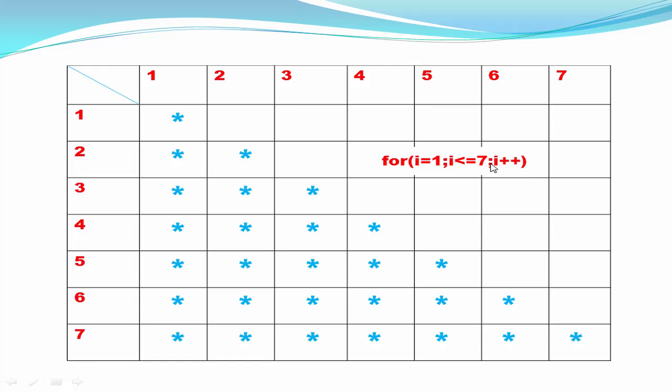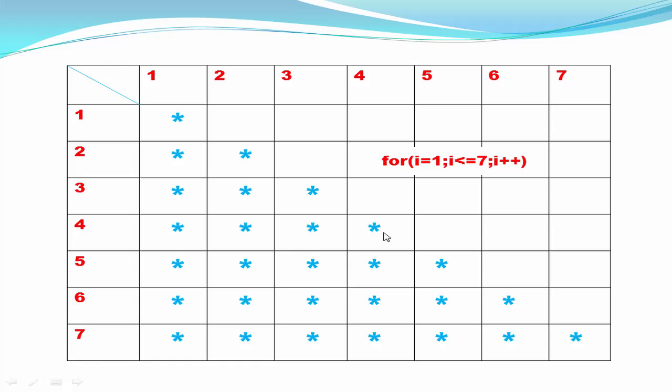The next thing that I tell you: here we print multiple stars in each row. In the second row we print 2 stars, in the third row we print 3 stars. Here 3 stars are printed in 3 different columns. This is the first column, this is the second column and this is the third column. Fourth row prints 4 stars and the 4 stars are in 4 different columns. This is the first column, this is the second column, this is the third column and this is the fourth column.